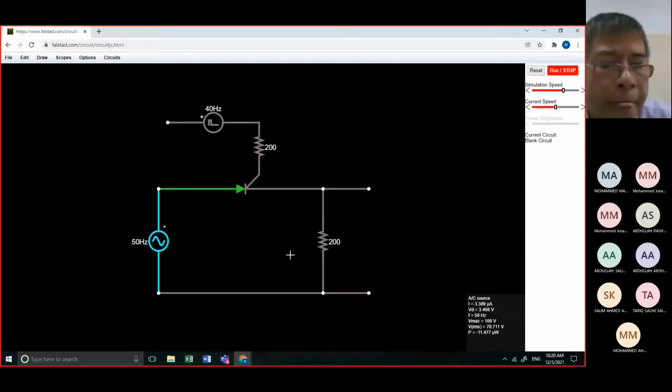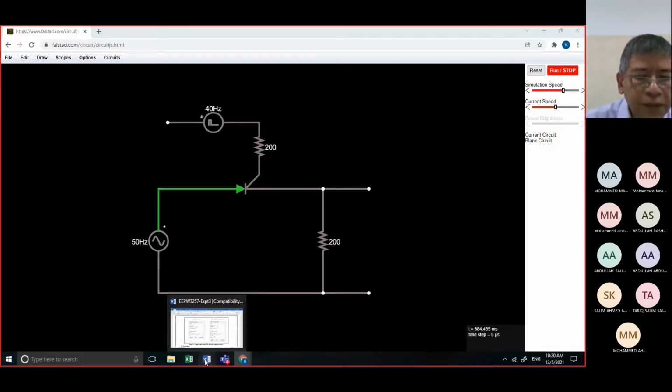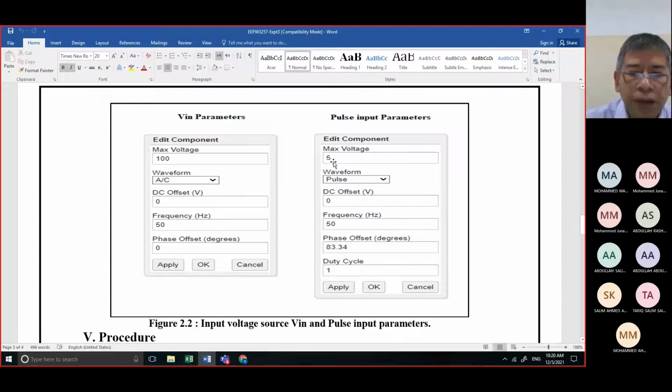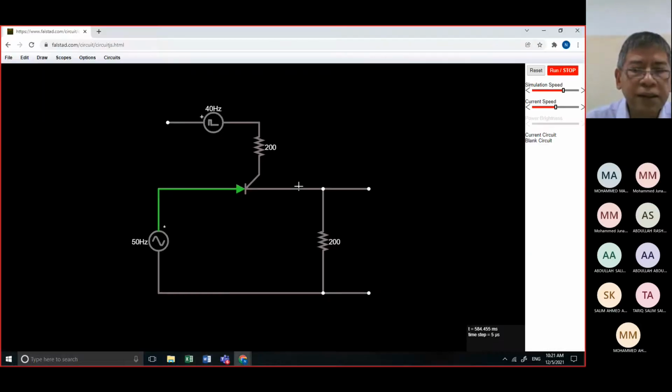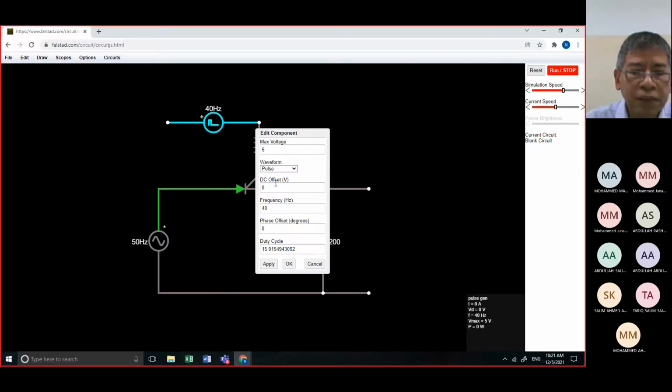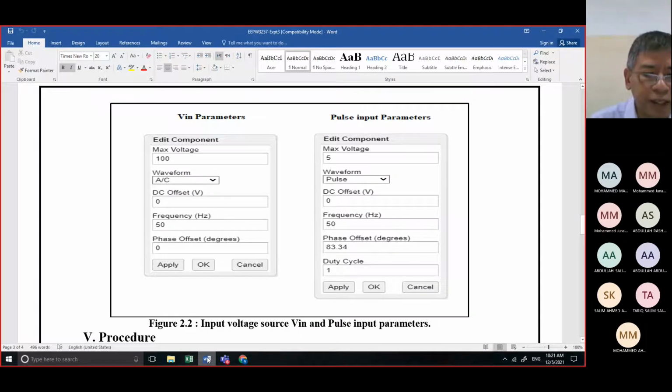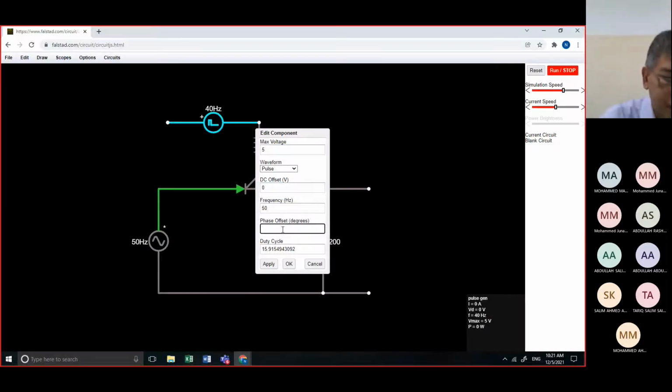Then click OK. Then the pulse parameters, which are stated here, you need to edit to a maximum of 5 volts and 50 hertz frequency, and then the phase offset in degrees, it is 83.34 degrees, and the duty cycle is 1. So we edit this to 5, the frequency is 50 hertz, the phase offset is 83.34, and the duty cycle is 1 cycle per revolution.